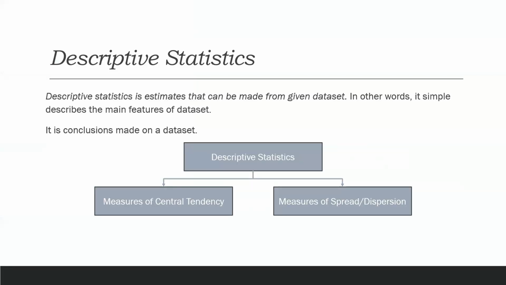When I talk about descriptive statistics, we are looking at only one feature. Say, for example, you have a data frame, and you already know what a data frame is. In a data frame, you might have one continuous column, let us say age, height of students, or marks of students. When you consider only one feature or one list of values, any inference that you make from that list of values is called descriptive statistics. Any conclusion you try to make from one particular feature of a data set is termed descriptive statistics.